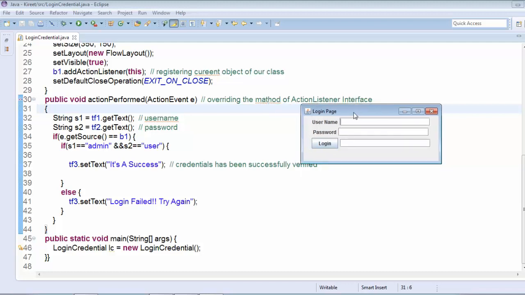And this is the login button, that will generate an event. So first of all we have to write the username. If the username is admin, as we have mentioned, and if the password is user, let's see what happens. And if I press this, it says that login failed. The condition is not fulfilling. I am writing admin here, and the string 2, that is the password, as user 2, but it says that login failed. So it means that there is some problem in our program.